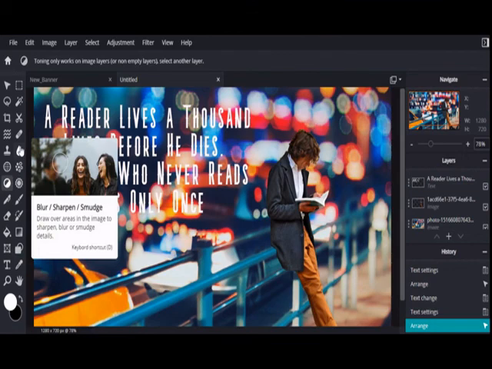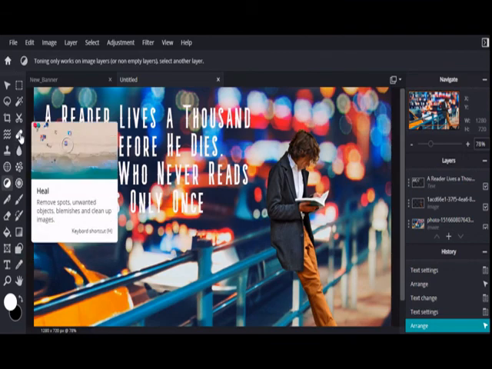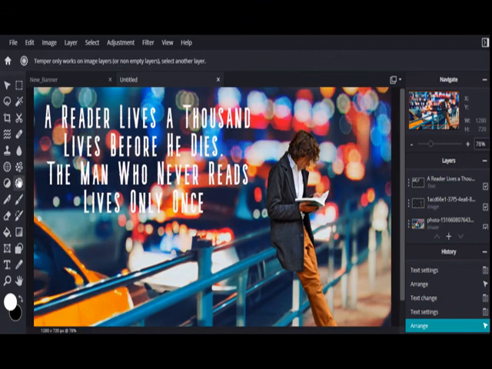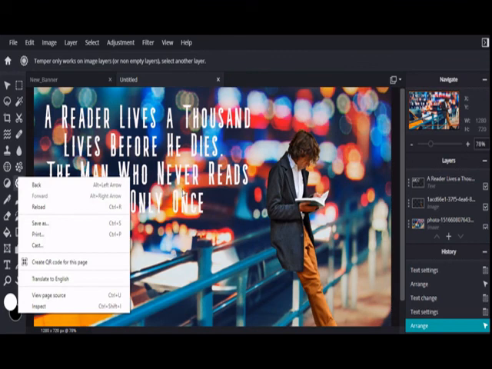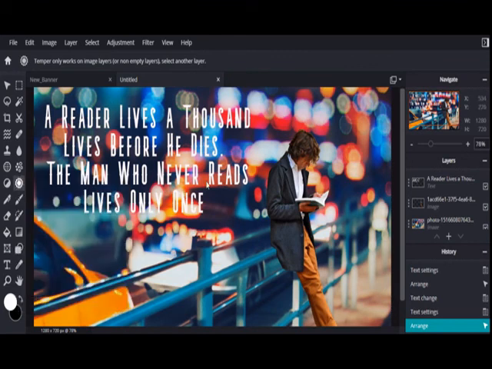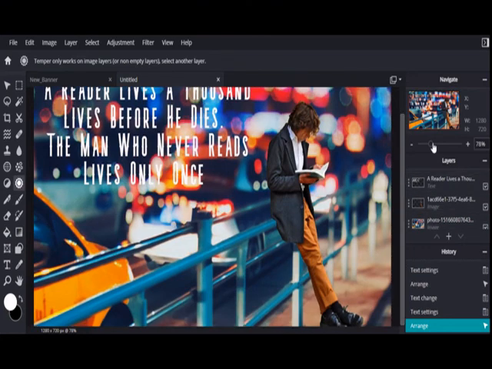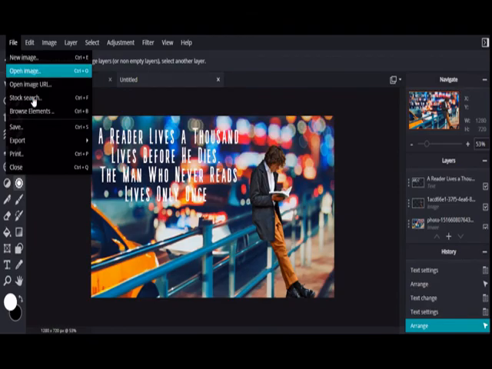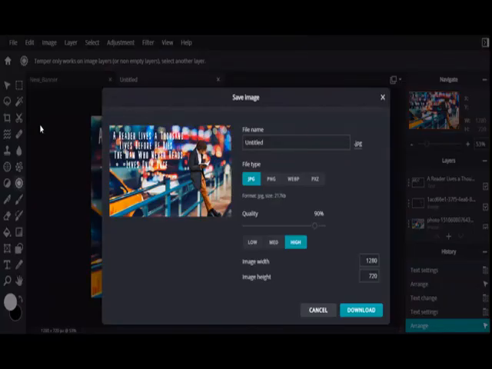Basically there are many other filters and many other tools available to you. You can explore all these tools later on. But now, if you want to save it, how will you save it? It's simple. Just go to File, Save, select Save, name your file.